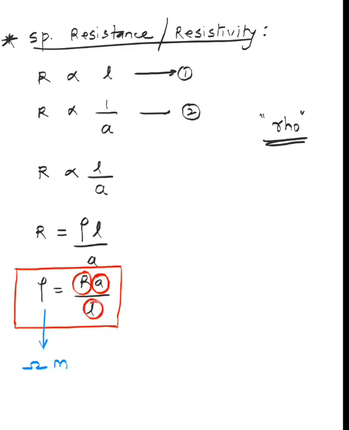But then I didn't get the difference between resistance and resistivity. Exactly, I'll tell you. See, resistance could be for any wire of any length and any area of cross section. For example, you have these two wires, A and B. They both will have a different resistance because the lengths are different, but they will have the same resistivity.